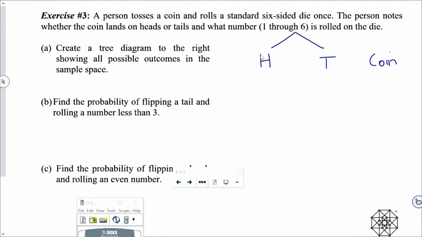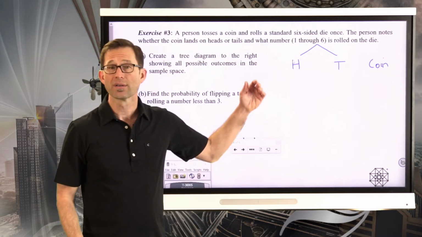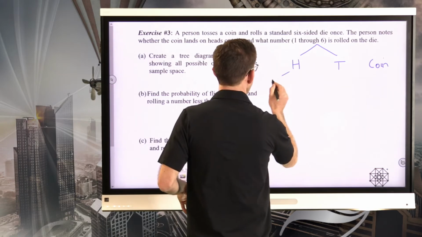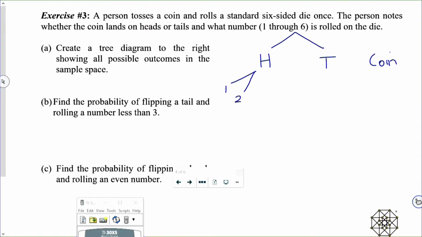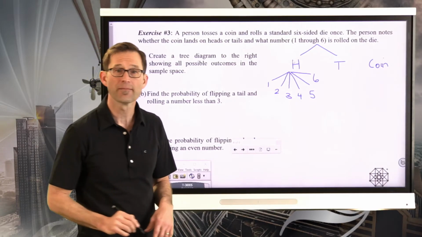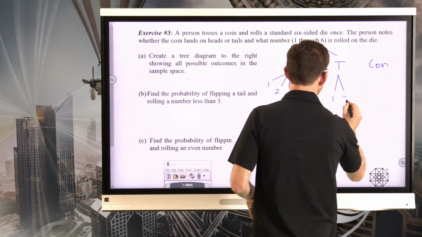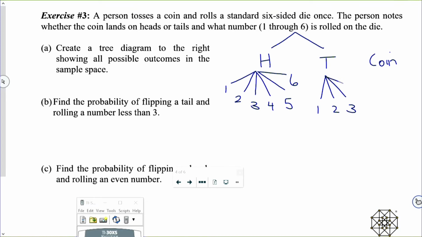So that's my coin. Now, if I tossed a head on my coin, then of course, I could have a 1, a 2, a 3, a 4, a 5, or a 6 on the die, right? And if I tossed a tail, I could have a 1, a 2, a 3, a 4, a 5, and a 6 on the die,